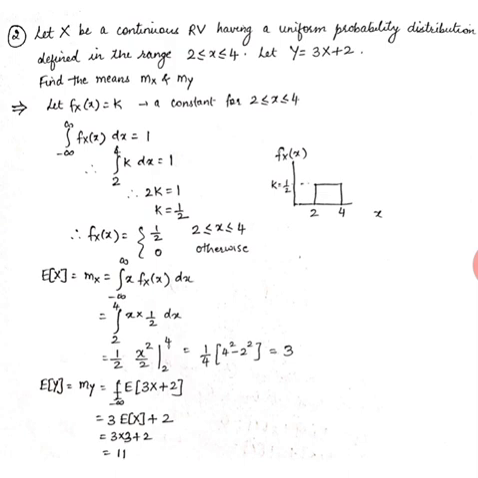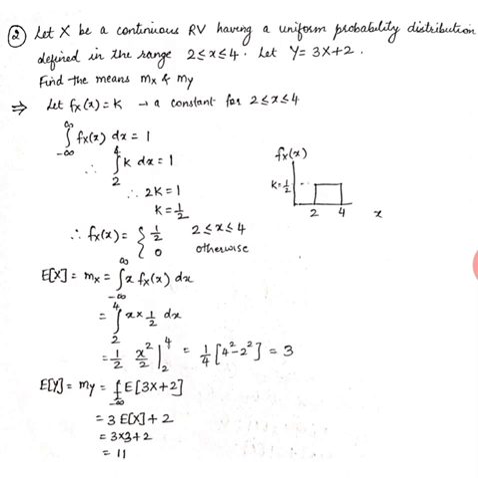To find out the value of k, we use the PDF property, that is, integral from minus infinity to infinity of fx of x dx is equal to 1. The interval is defined only between 2 to 4, so integral 2 to 4 of k dx is equal to 1. If we solve that integral, we get 2 times k is equal to 1, which is k equal to half. So fx of x, the probability density function for X, is half in the range 2 to 4, and it is 0 otherwise.